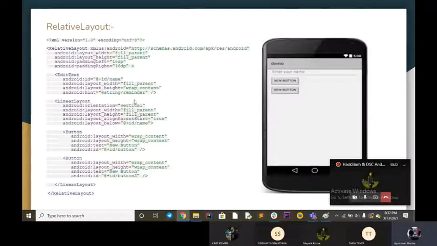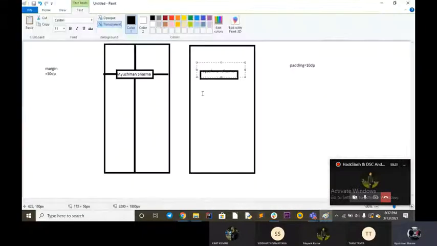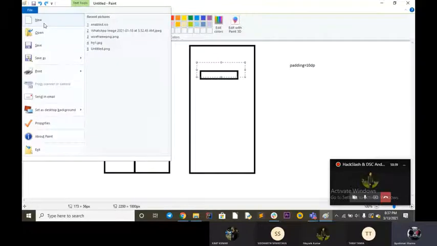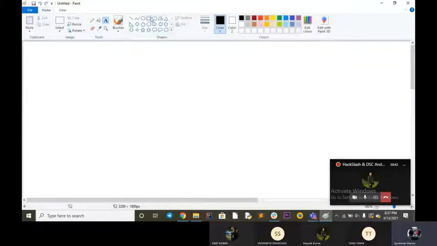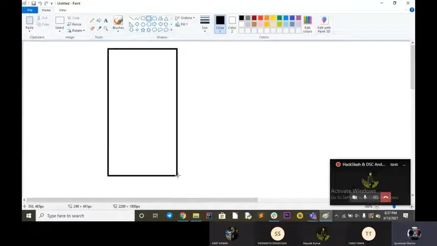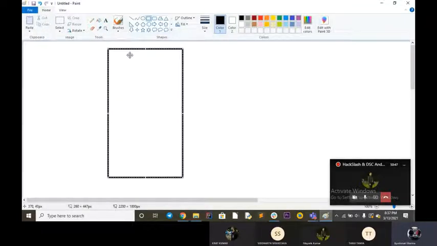So what we have done here is we can assume, okay, linear layout, just 1 second. Okay, so consider this as a mobile screen.